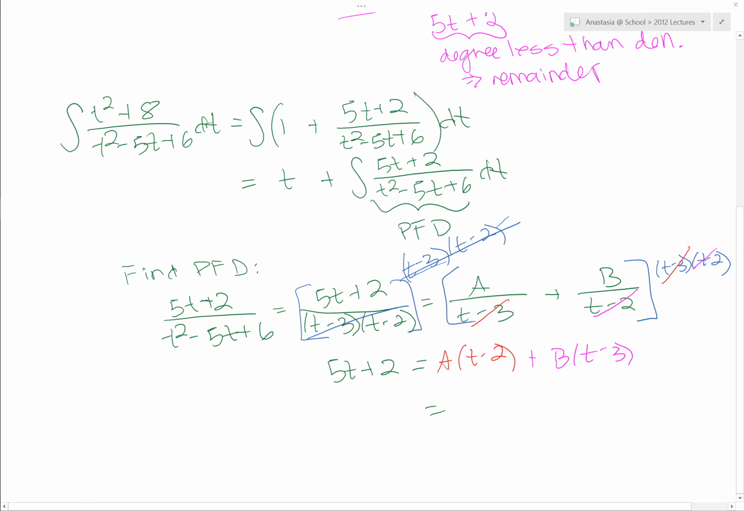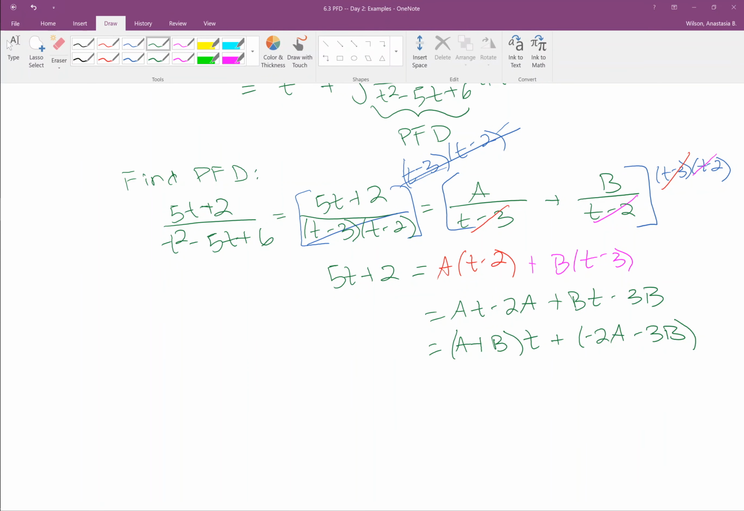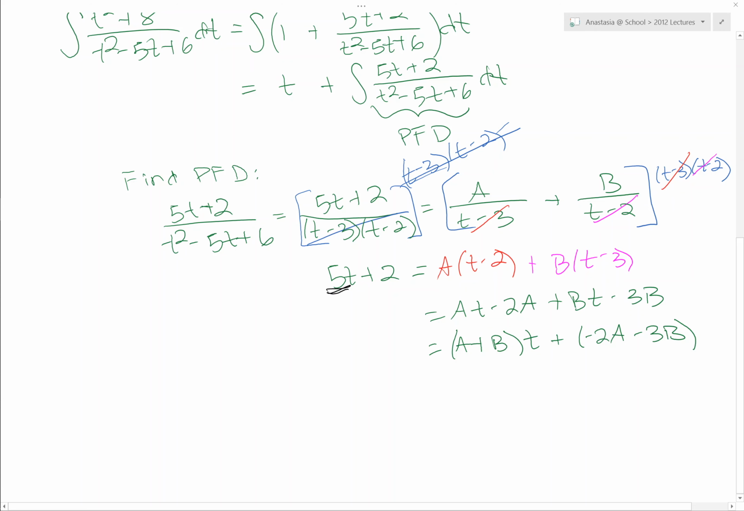And now we need to distribute everything on the right and then combine our like terms. So we get At minus 2a plus bt minus 3b. Our like terms, we have an a plus b times t, and then plus a negative 2a minus 3b. Now the reason why we do this is